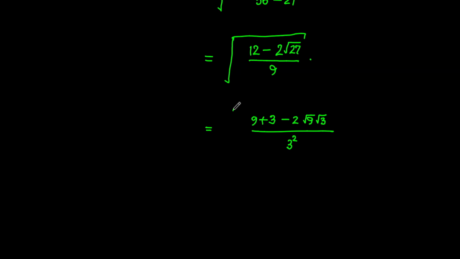Now this is still under a square root sign. So after this, we can go ahead and write these two numbers in form of this denominator, where we have 3 square